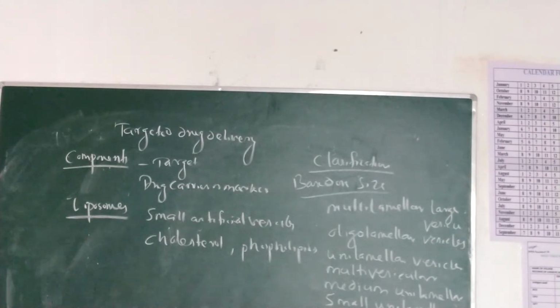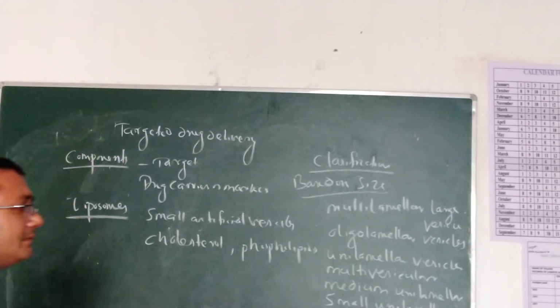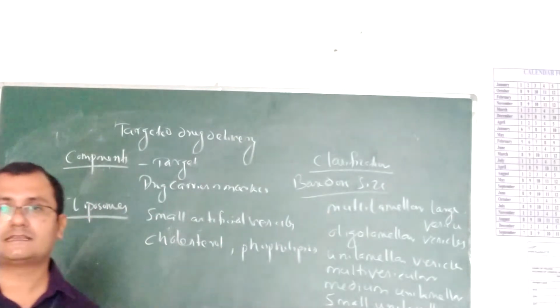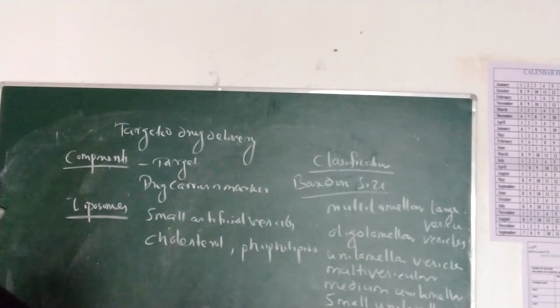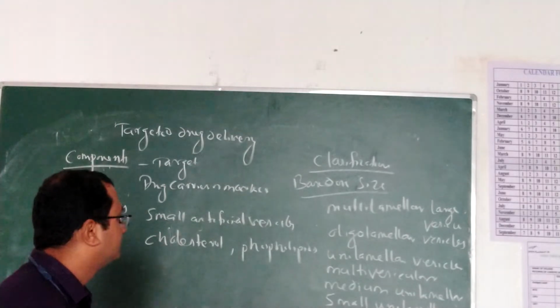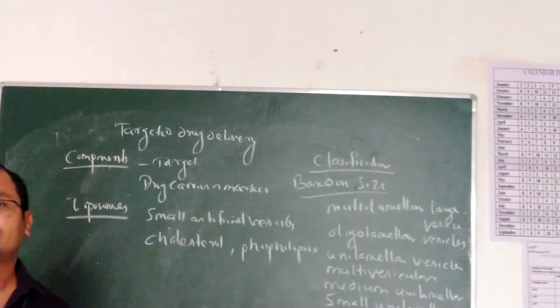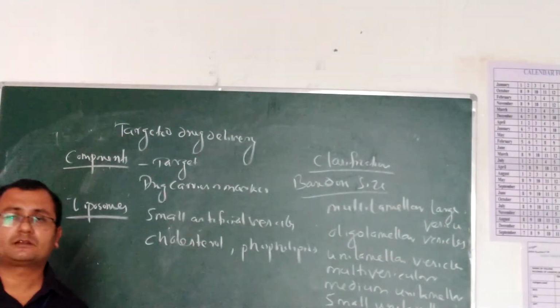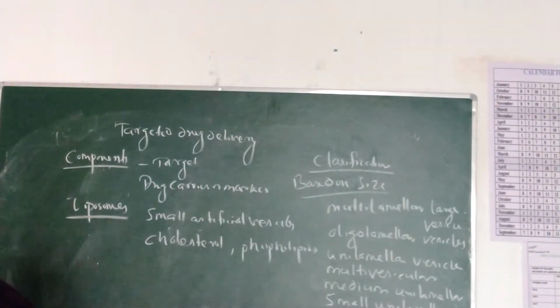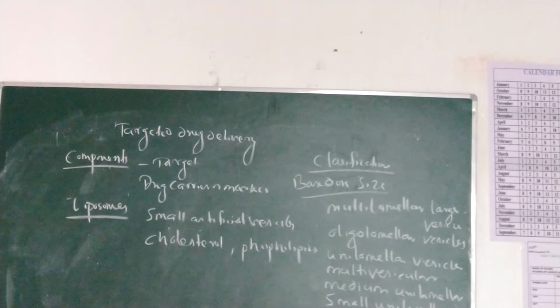Let us discuss the different types of targeted drug delivery systems and the carriers we are using. There are many types of carriers, not just one type, but as per the syllabus we will go. Some mentioned in the syllabus are liposomes, nanoparticles, niosomes, and monoclonal antibodies, and there are many others, like resealed erythrocytes, which are not mentioned in your syllabus, but whatever is mentioned we will discuss. So first we will discuss liposomes.